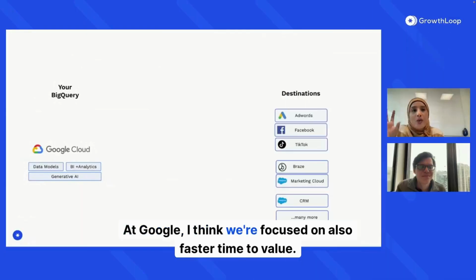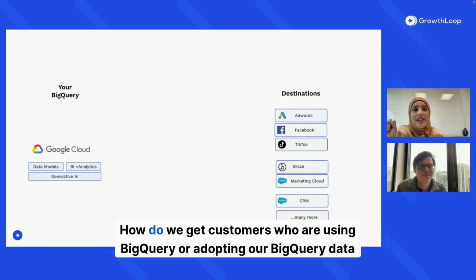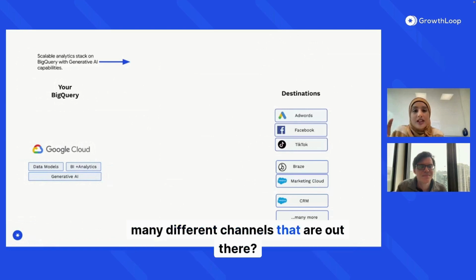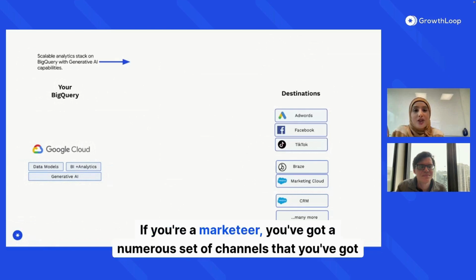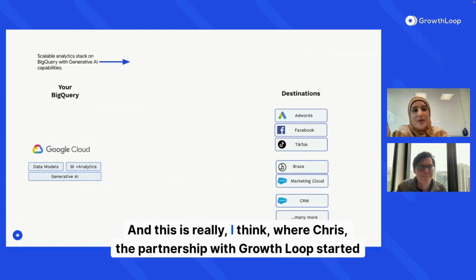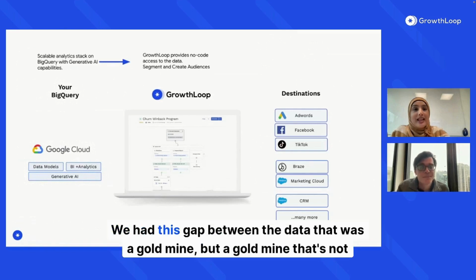At Google, I think we're focused on also faster time to value. How do we get customers who are using BigQuery or adopting our BigQuery data platform, how do we enable them to take all of that rich data and activate it across these many different channels that are out there? If you're a marketeer, you've got a numerous set of channels that you've got customers traversing across. And this is really, I think, where, Chris, the partnership with GrowthLoop started, because we had this gap between